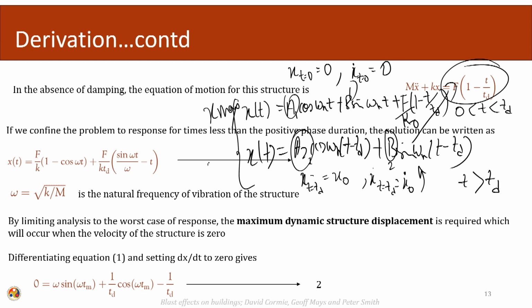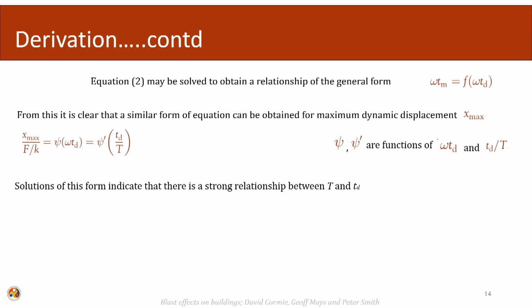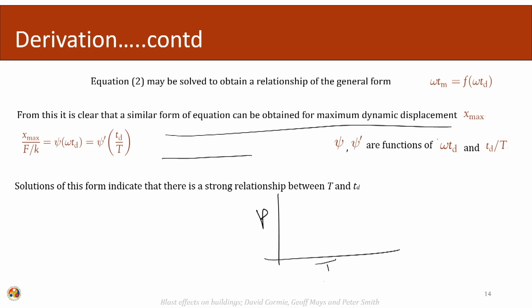So, differentiating, we can calculate the x max, and after that we can calculate the absolute x max. And we can use that equation to calculate the maximum value of the displacement. So, this is how we can calculate it. And this is again what we are saying here: differentiating this equation, we can get the x max. So, using these equations, we can calculate the maximum response, and from the maximum response we can construct the PI diagram.